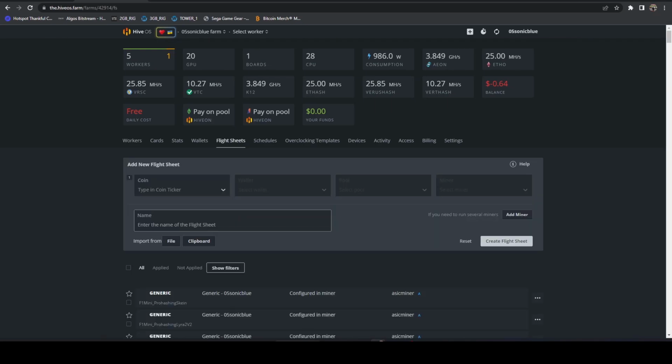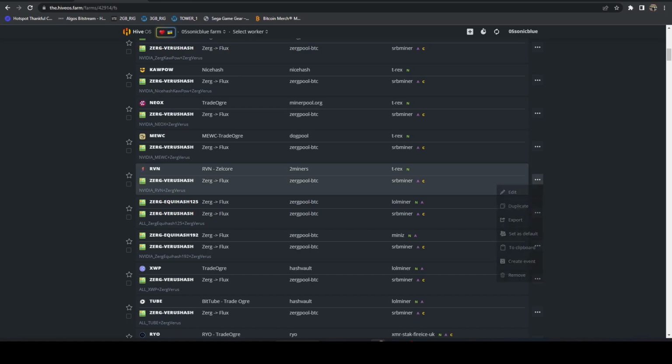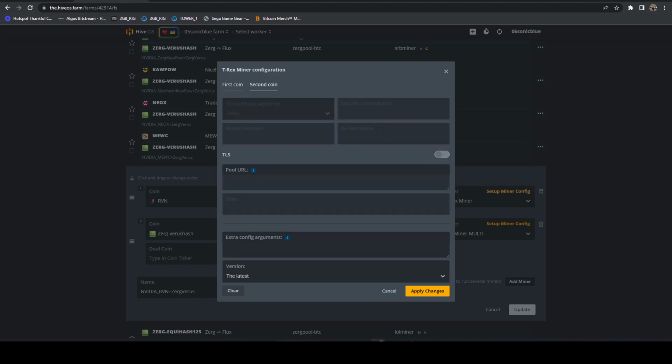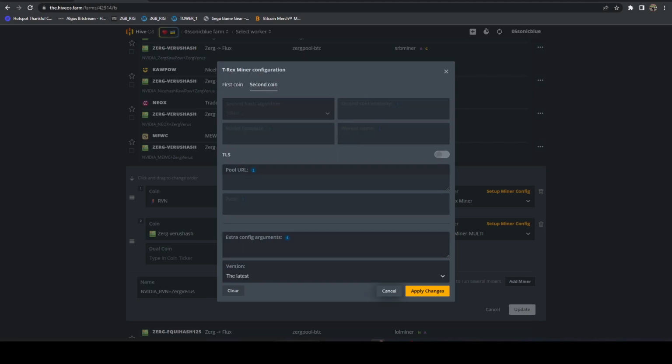If we head over to our flight sheets, and let's just go to like a T-Rex flight sheet, you can see we now have a first coin tab and a second coin tab. So they kind of broke this out into multiple tabs. In doing that,